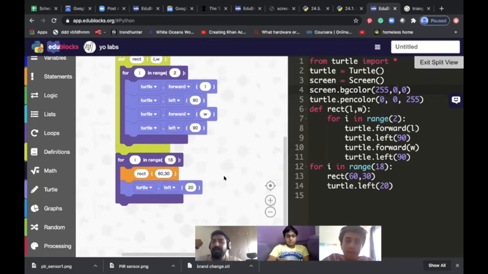Now I want to be super smart and write just one function. In that function, if I say 3 sides and tell the angles, it produces a triangle. If I say 4 sides, it produces a rectangle. If I say 5 sides, it produces a pentagon, and so on. And if I say 360 sides or 100 sides, automatically that should look like a circle, because that is the definition of a circle. Actually, the definition of a circle is infinite sides. A polygon of infinite sides is a circle.